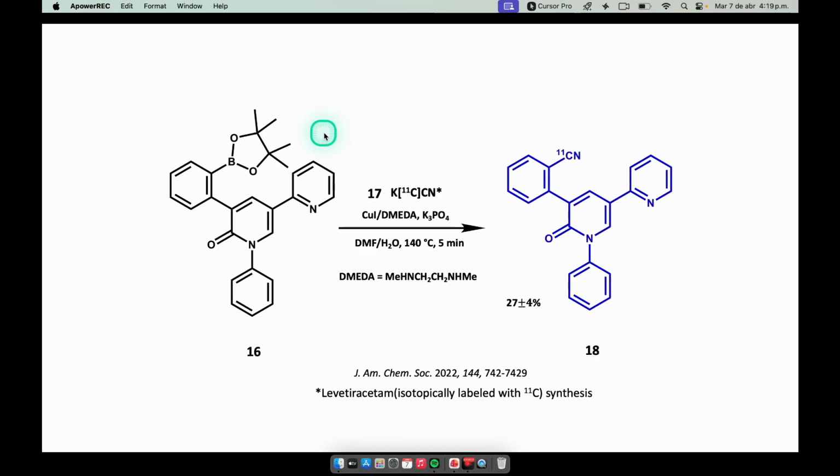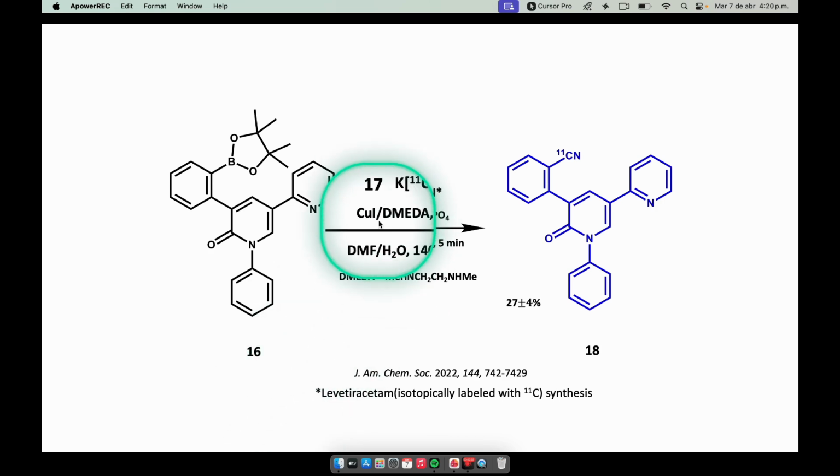The reaction of intermediate 16 with potassium cyanide, which has been labeled with carbon-11, is the final step of the synthesis. It is important to highlight that in a previous presentation, which was referenced here, more information is provided regarding the preparation of hydrocyanic acid labeled with this particular isotope. The incorporation of the radioisotope is catalyzed by copper-1, utilizing a diamine as its ligand in order to ultimately generate